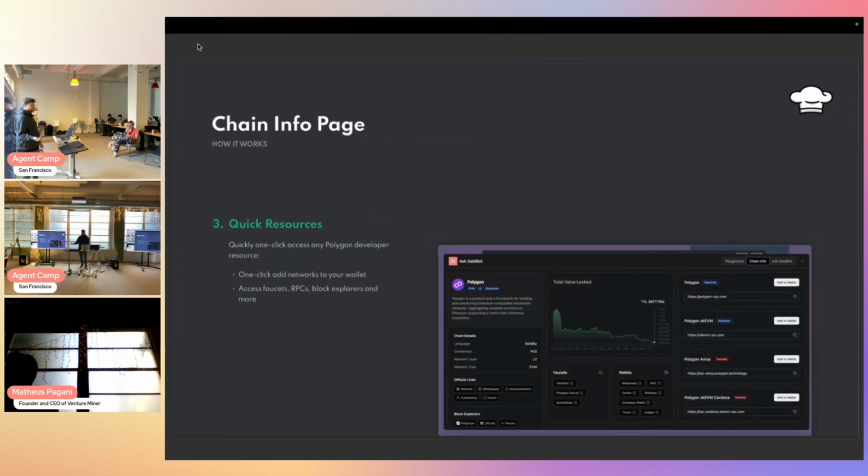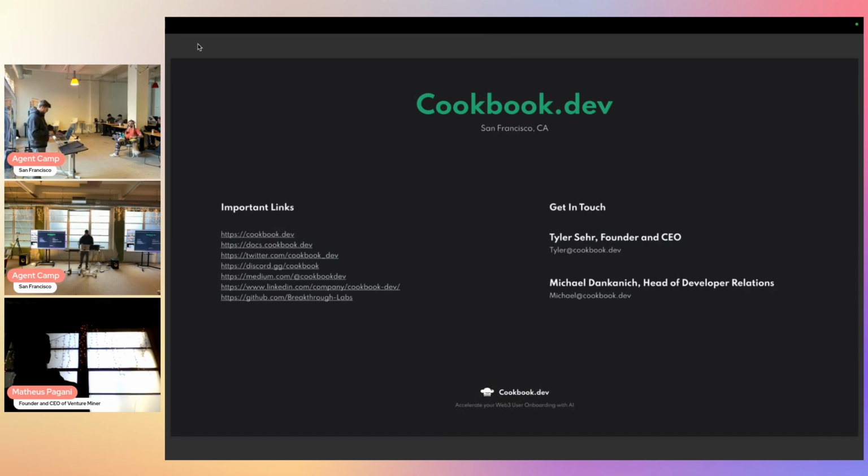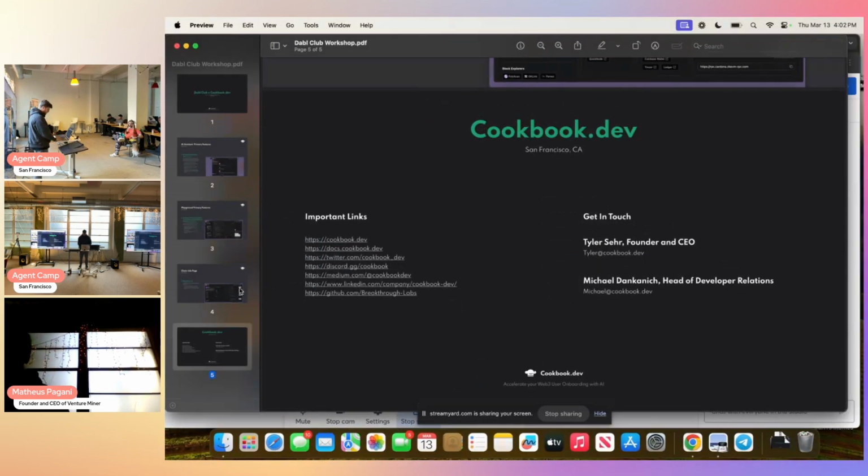We'll be using this page that you see to my right as kind of a way to set up your developer environment, wallet, in the context of this workshop. Dabl.club, dabl.club is the website. And then you should see a bunch of kind of orange Dabl branding. And so I'll just go ahead and jump right into it.